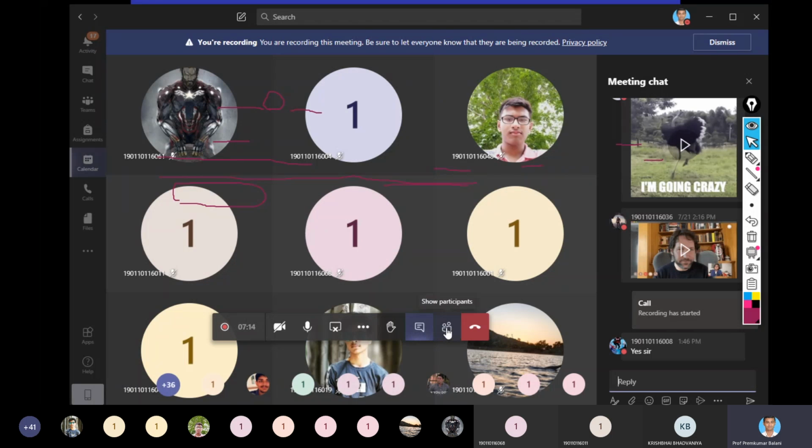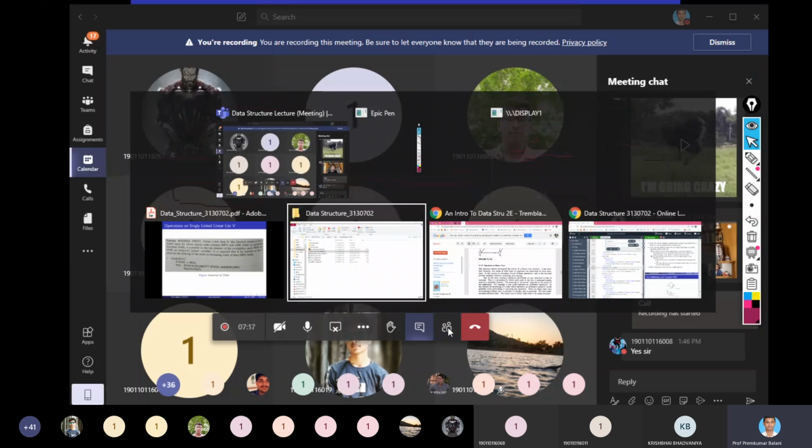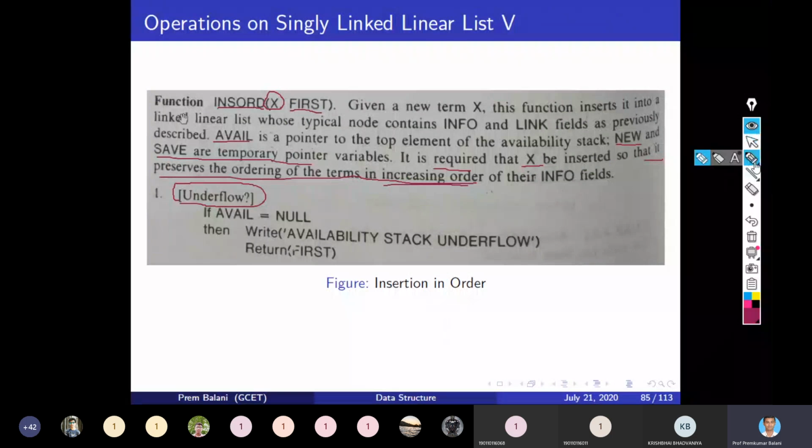So let's go back to the PPT. You can interrupt me anytime in between if you don't understand anything, right? So here we have to check if the availability pointer avail is pointing to null.